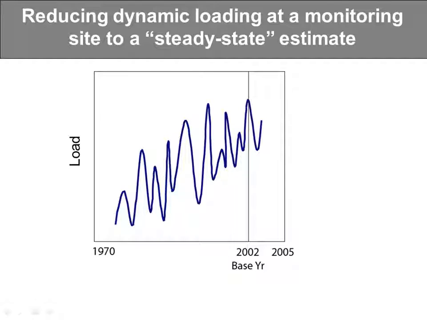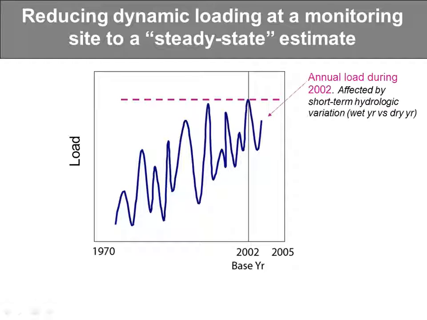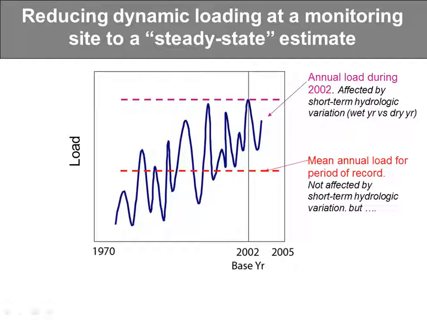We might come up with a curve that looks something like this. Each of these would be like 32 or 33 years of data coming through here, just connecting the annual loads. Compute on a daily basis, add them up. When I was talking about a base year, well, here's the load in 2002. It's a wet year. We really don't want to use that year because that particular area might have been a real wet part of the basin. Another one would be a dry part of the basin. So what we really want to do is use that long-term average load.